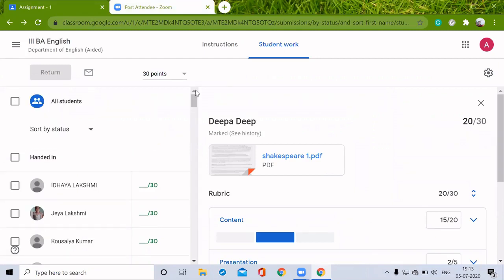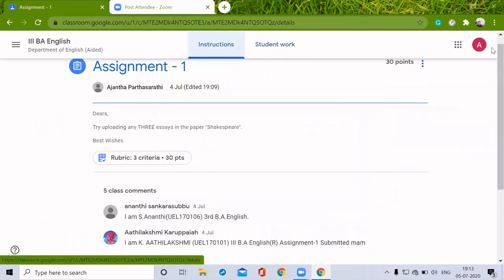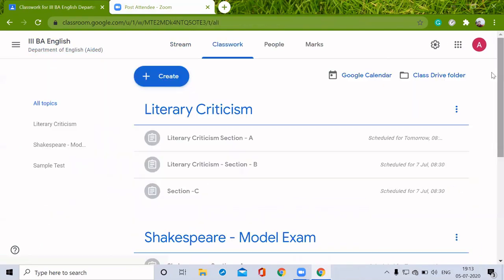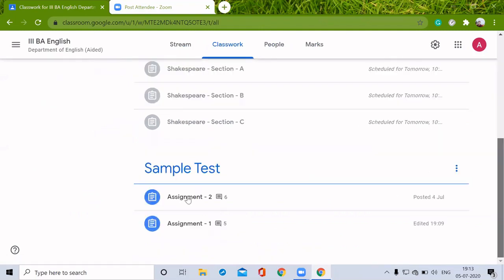Hope you can understand this. I will show you another way how to reuse the rubric. Just go to your class and classwork and select this assignment 2.